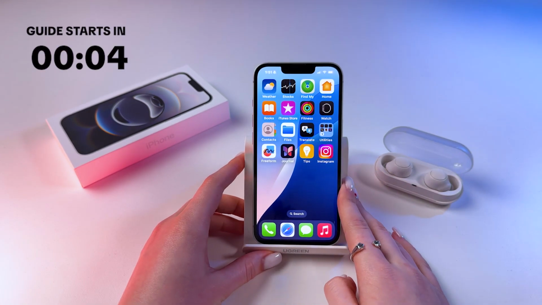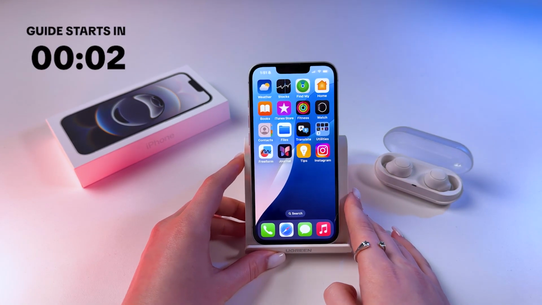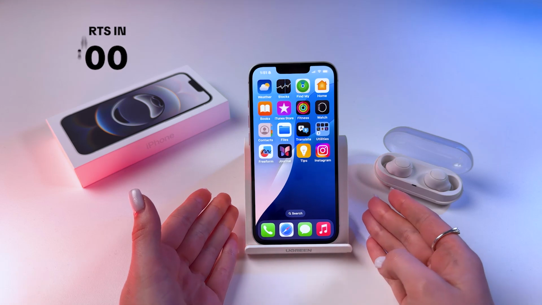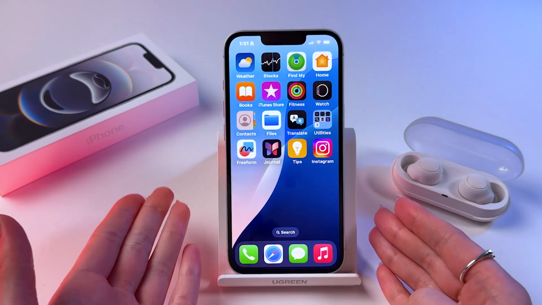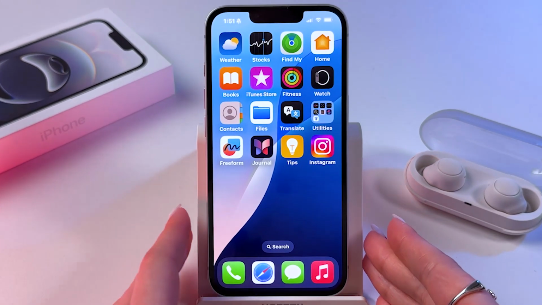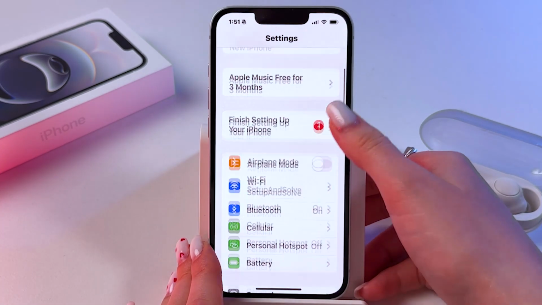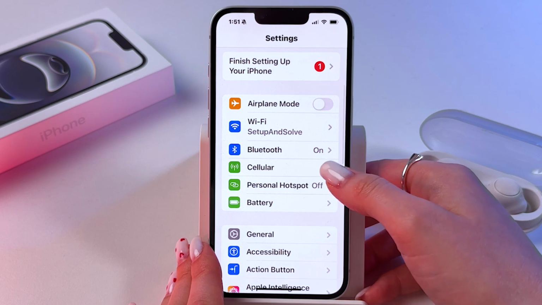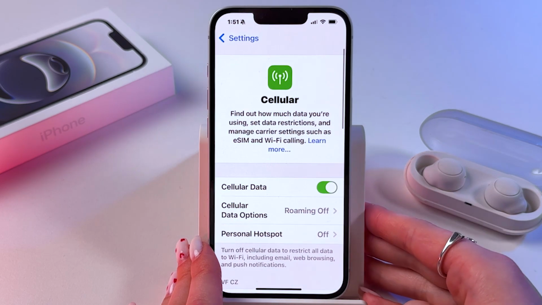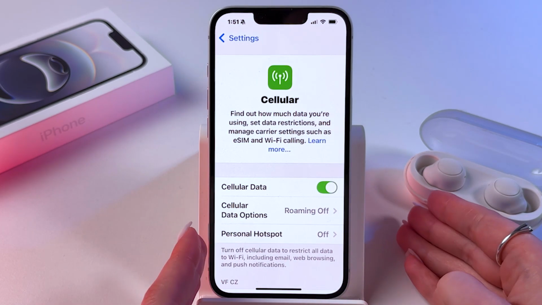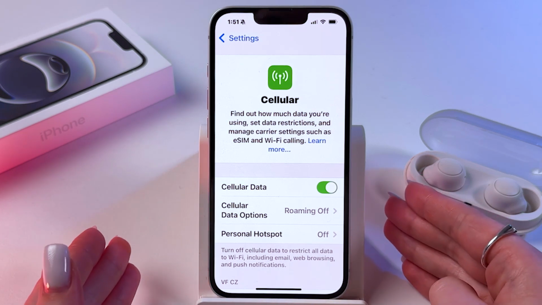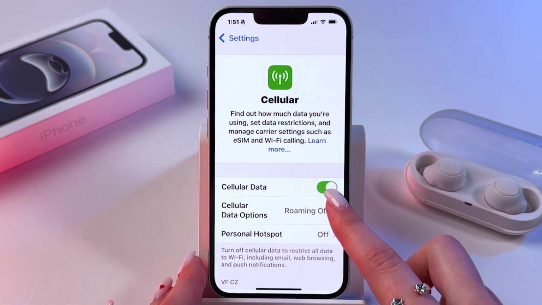Hi, to turn on and off mobile data on your iPhone 16e, firstly make sure that SIM card is installed in the phone, of course, and if yes, then go in Settings. Here find this section Cellular, and now you can enable or disable mobile data from here by tapping on this